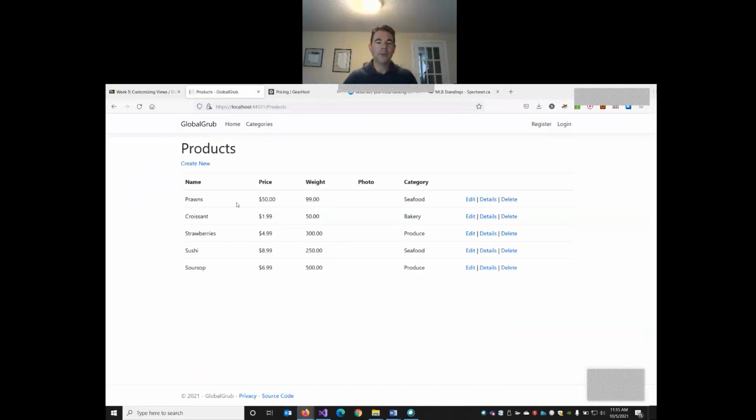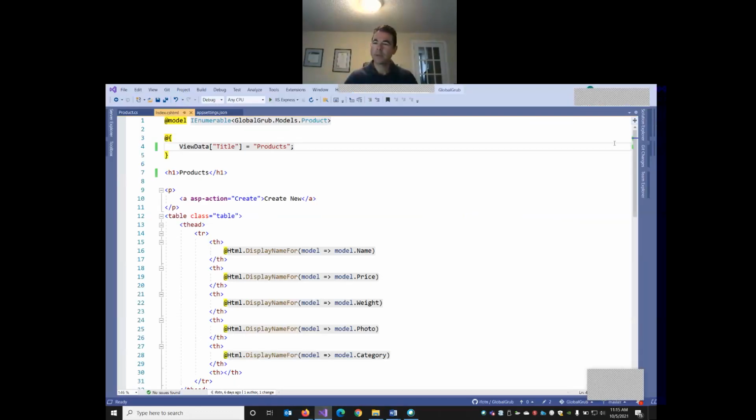So first, let's deal with the default sorting. We're going to need to do this in the controller method because the index method has the query that populates our list. So we're going to add some sorting to the query here. So let's go to